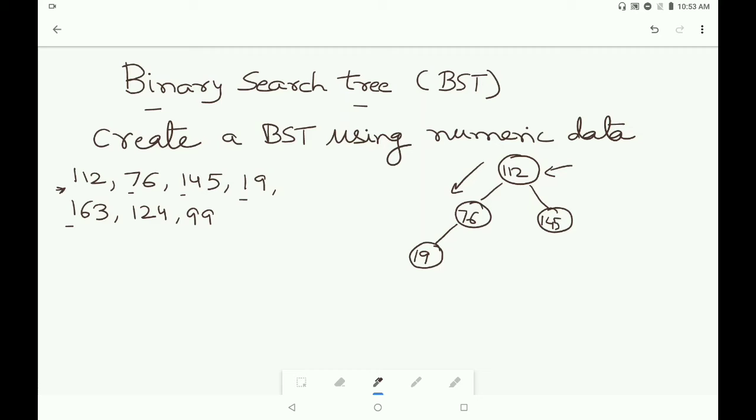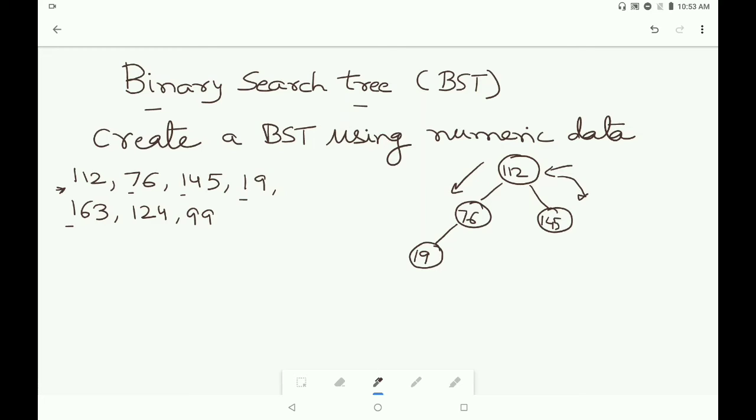So 163 is compared with the root node, that is 112. 163 is more than 112, so 163 will go to the right hand side of the 112.